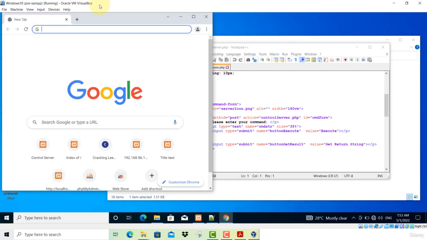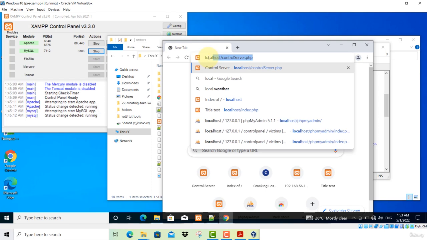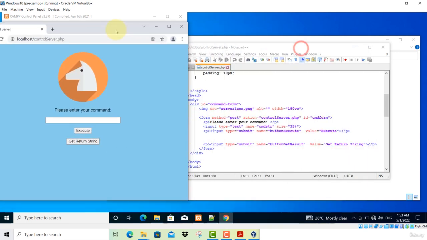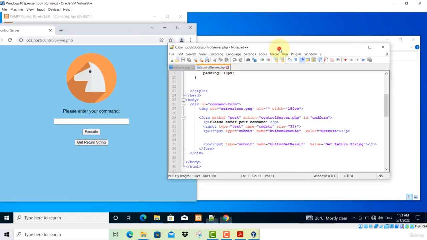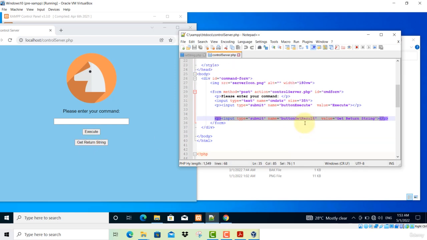Make sure your Apache is running. I've already started it. Then connect to it, and you will see this new button here, get return string. So this new button is coming from the code over here. I've added this new line. So when you click this button, it will